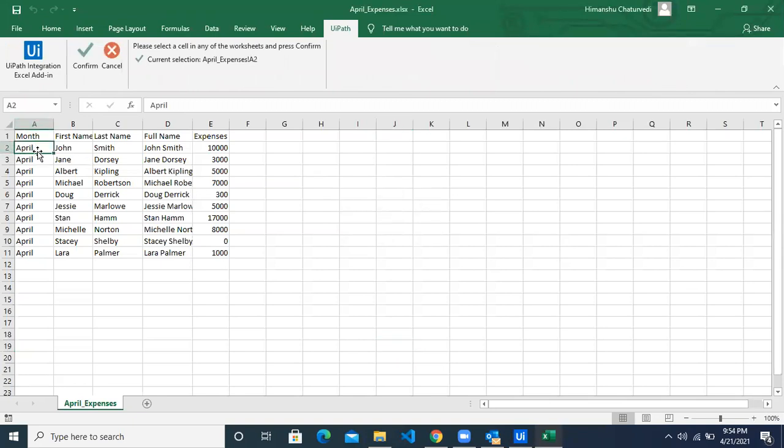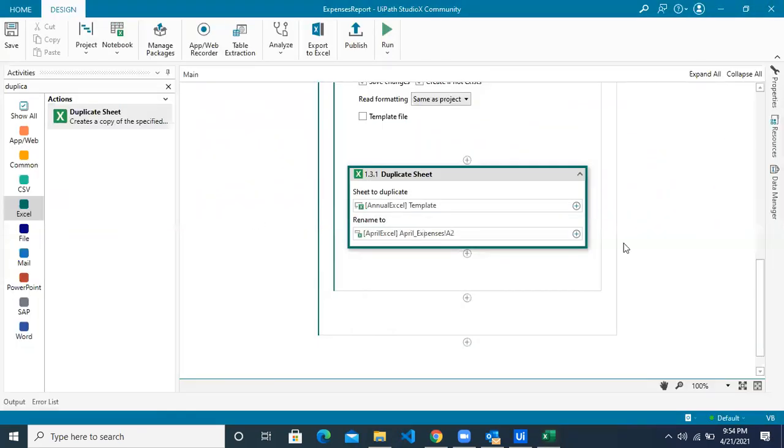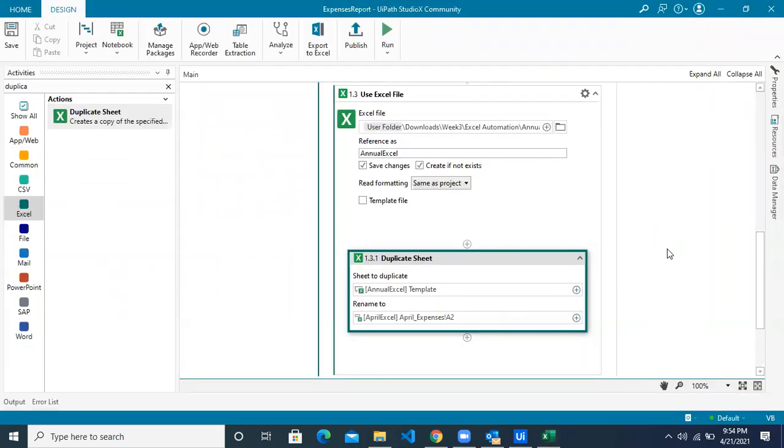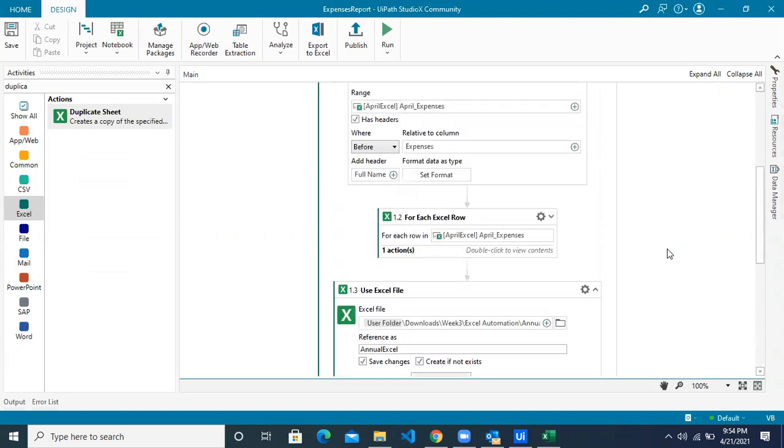So A2 cell is where the new tab name of the annual report is. So I have chosen this and click on the confirm button now. We are done. It should now duplicate the sheet and create a new sheet called April, and the value of the tab is coming from our April expense report, right?